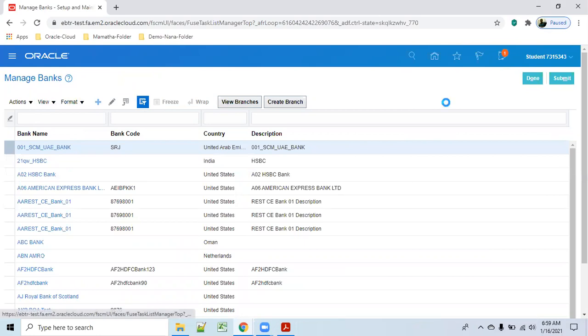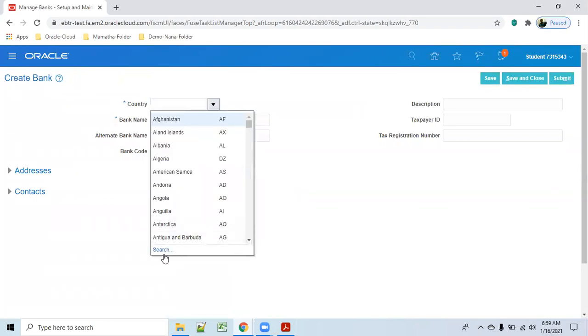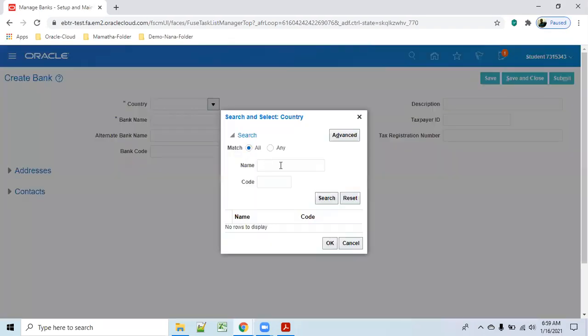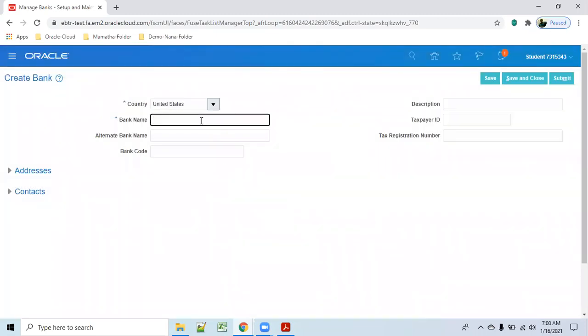Create your own bank, Bodala Bank or ABC Bank. Country, I'm selecting as USA because we are more familiar with the USA. India means we never like, right? Then ABC Bank.